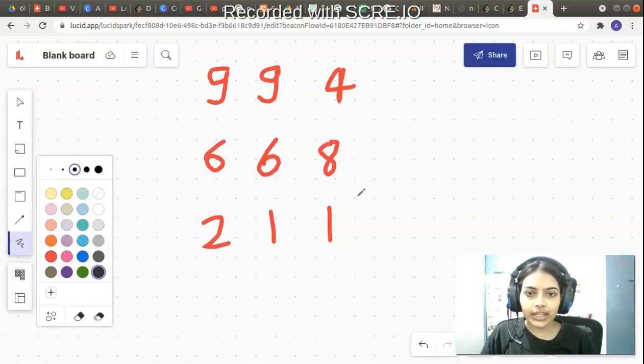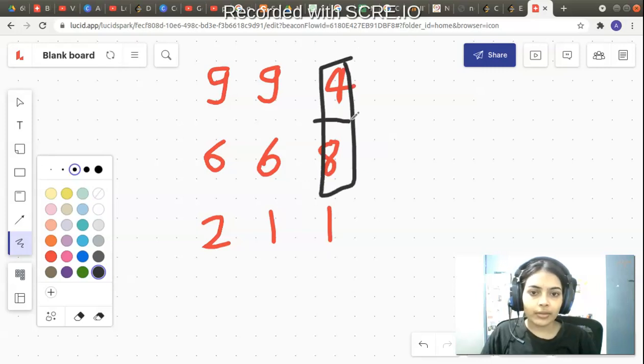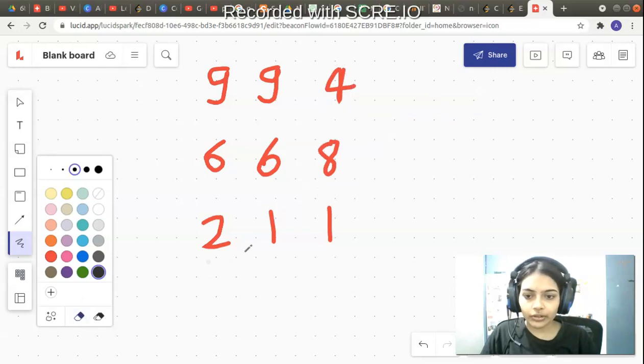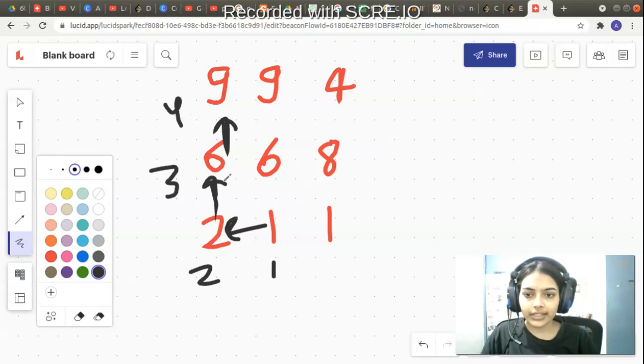So in this you can see there are many increasing paths. For example, let's say 4, 8 is one path because 8 is greater than 4. So it's a path of two elements, but it is not the longest increasing path because the longest increasing path is 1 2 6 9. Let's say it's a path of four elements because you see 9 is greater than 6, 6 is greater than 2, 2 is greater than 1, so it is forming an increasing subsequence of length 4.